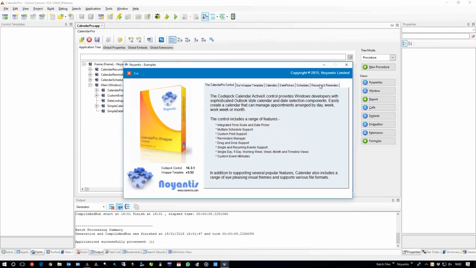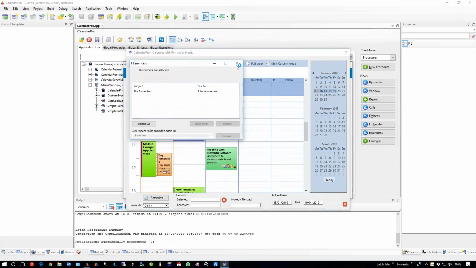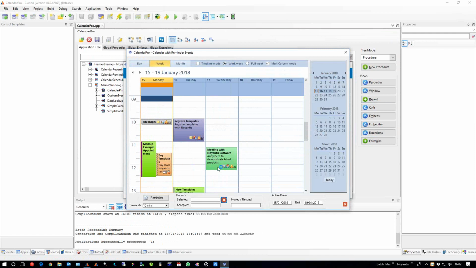So the actual issue was related to the reminders. We can see it manifested here. On the calendar template, you have the option of adding your own icons, which you can see here. This has got like a little envelope and